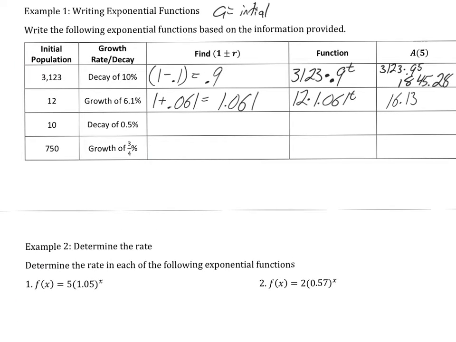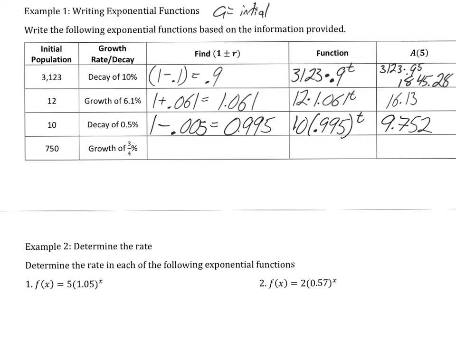Okay, so let's go ahead and try the next one. Decay of 0.5%. So that's 1, decay means minus 0.5%. Well, that as a decimal is going to be 0.005. So my final answer is going to be 0.995. So I have my initial population is 10 times 0.995 to the t. Now we're going to plug in 5 for t. So 10 times 0.995 to the 5th power, that should give me